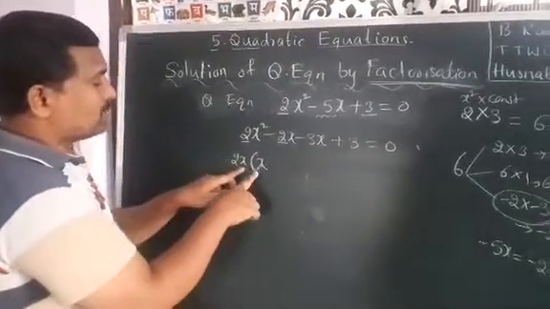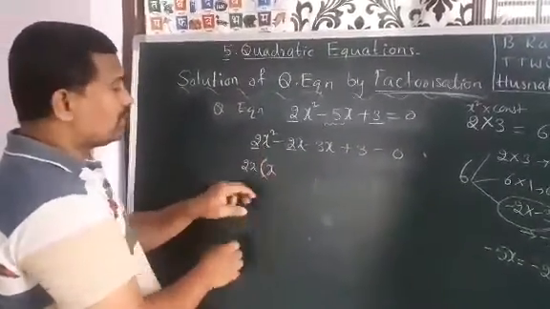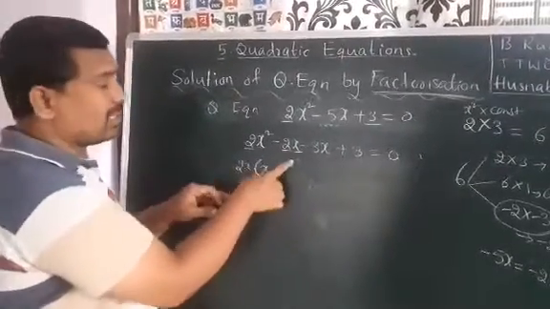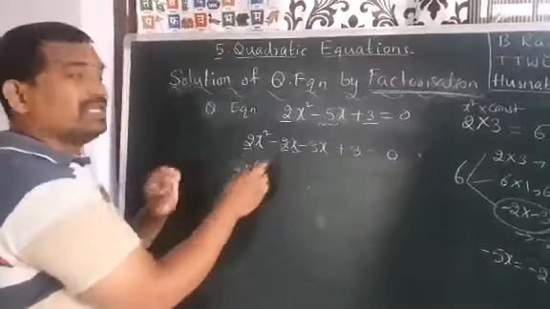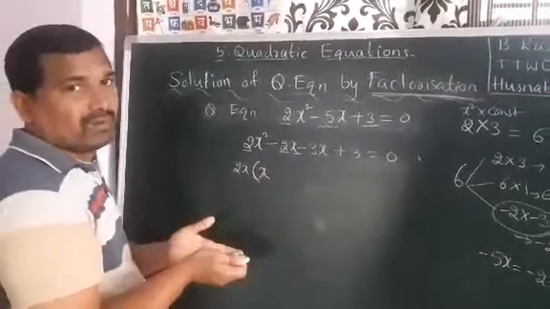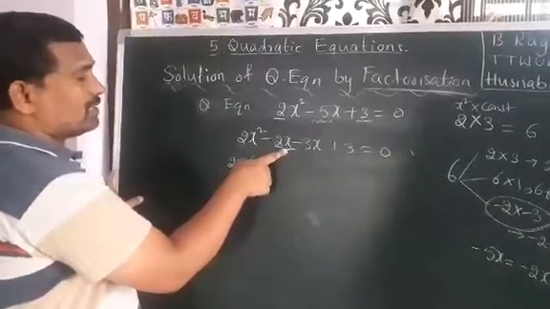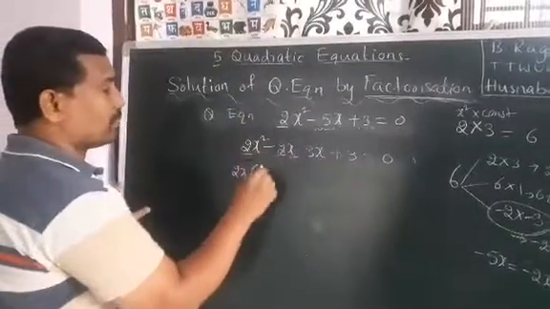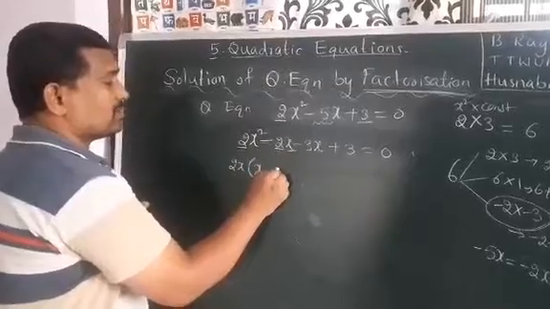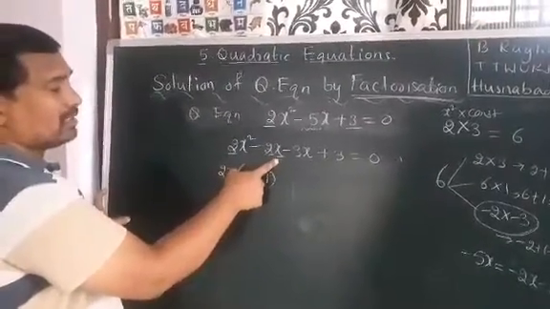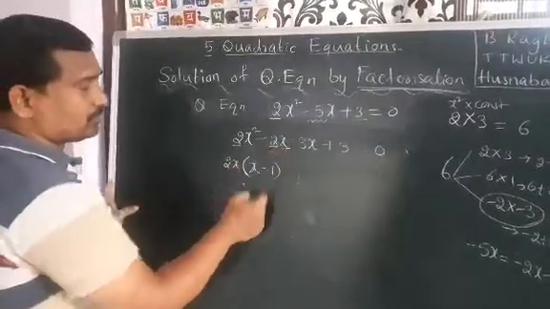Again if you multiply 2x into x, you get 2x square. Here 2x remains. x is also a common factor. There is no other factor, which means 1 is a factor of every term. So 2x is a common factor, and taking 2x common, the remaining here is 1.